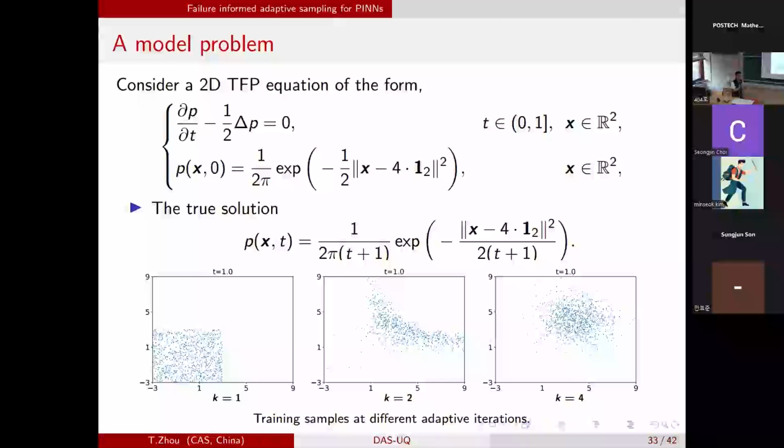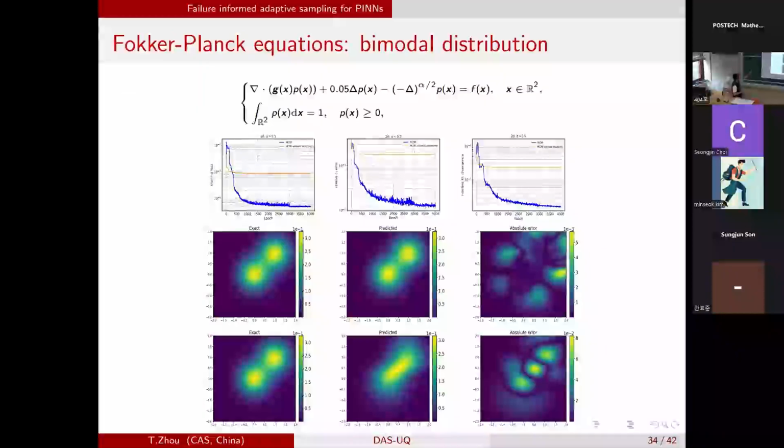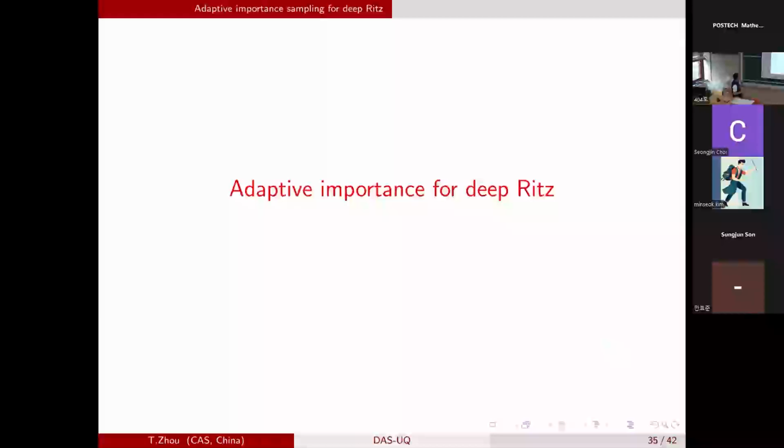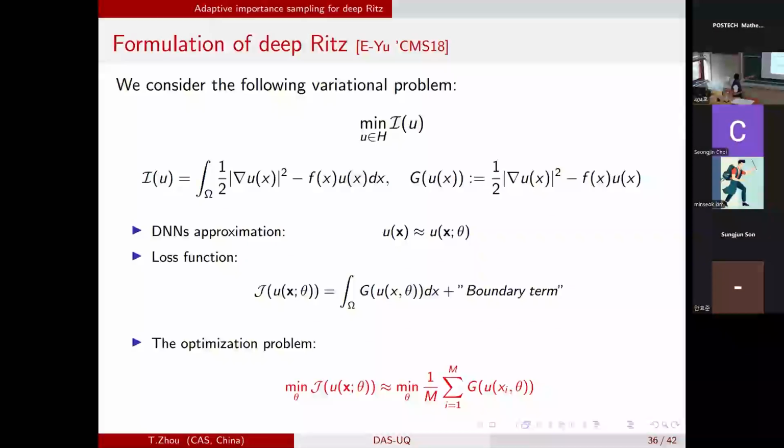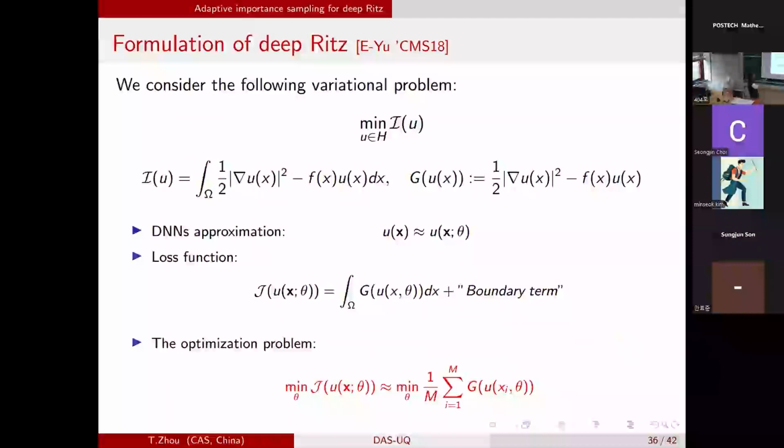It's much easier than for general equations. But why it's powerful is due to the generative model. It's very convenient to generate new samples. It's a very special case for the Fokker-Planck equation. You can do very complex Fokker-Planck equations with a fractional term, and a lot of other models. And also you can do the same thing for Deep Ritz. Deep Ritz is different because you consider a similar PDE, a second-order PDE, and you begin with the variational formula here.